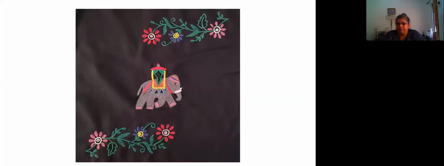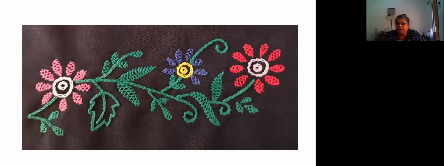Out here, I have done two different stitches. One is the herringbone, which I was showing now, of the leaf. And the elephant is done entirely using chain stitch. Here you can see, this is the herringbone.